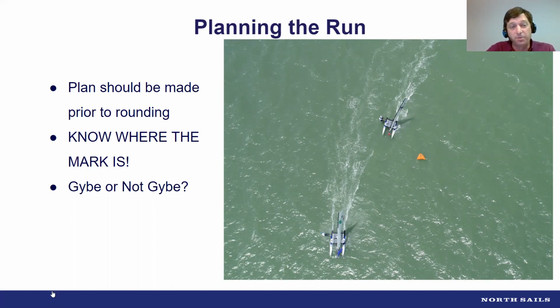When you're approaching the windward mark, there's a lot going on. You're trying to figure out where the layline is, trying to get ready for the spinnaker set if your boat has a spinnaker, and trying not to hit other boats if you're in a pack of boats. But you've got to give yourself mental space to think about what you're going to be doing when you're exiting the windward mark. And that starts with knowing where the mark is,